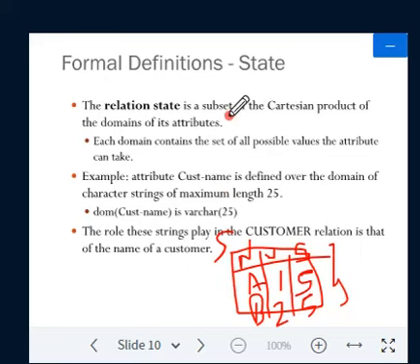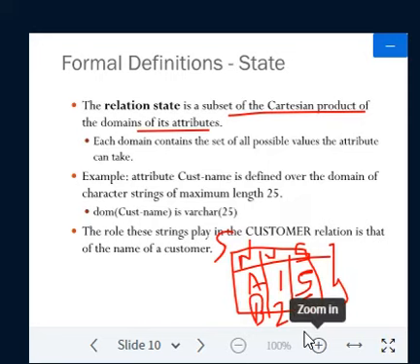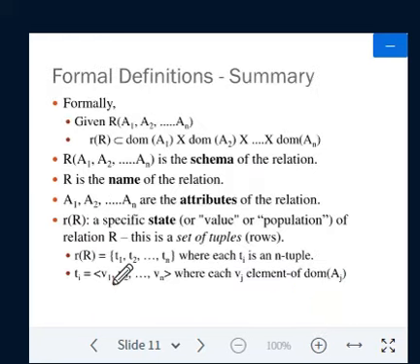It says that it is a subset of the Cartesian product of the domains of its relation attributes. Here all this is one relation, and there can be more relations, say 5. At a particular moment in time, the contents of each relation will be the relation state. Here we can formally define relation R of A1, A2, A3, ..., AN.